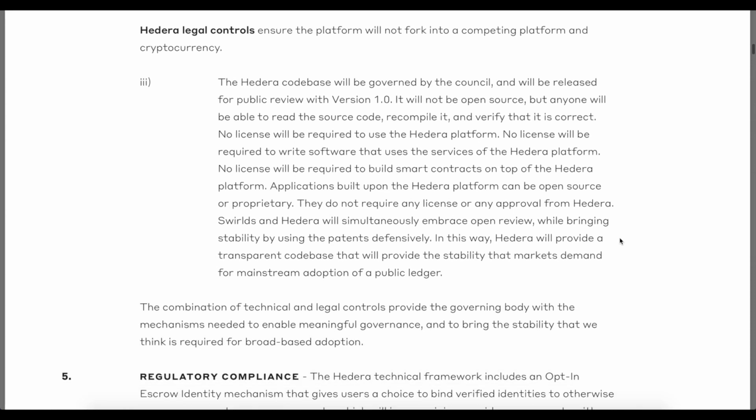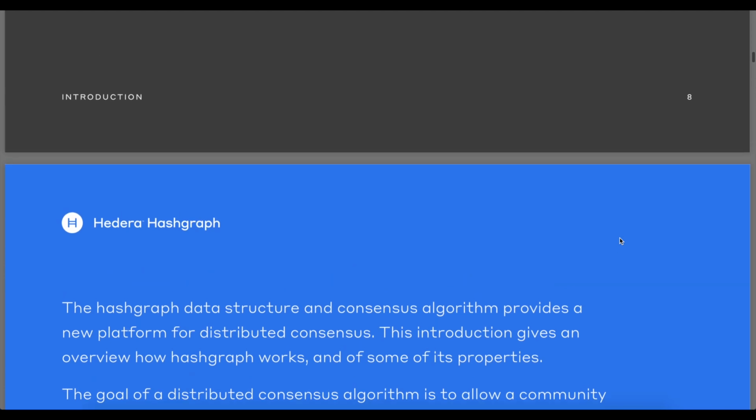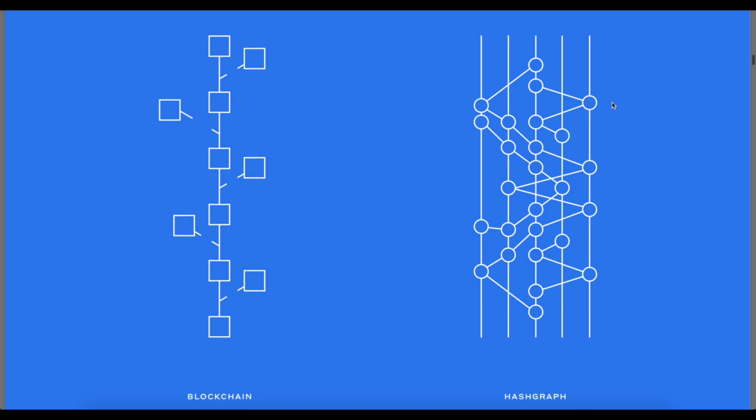I highly recommend you guys to go through this white paper in your free time, but I will try to cover all the important points in this review. So here we have a general overview of the blockchain technology and the Hashgraph. So on the right is Hashgraph, and on the left we have blockchain technology. Here you can see that they have a consensus mechanism between the nodes, then each node is connected with another node, and that's how they can verify and provide security of the network. Even if this node and this node get destroyed, the information will stay in the network.